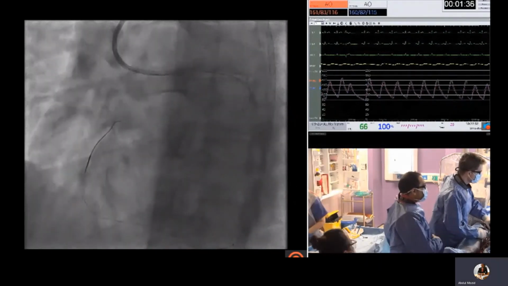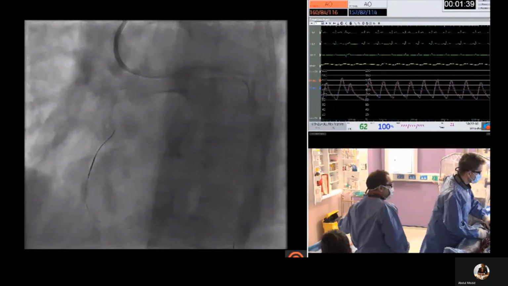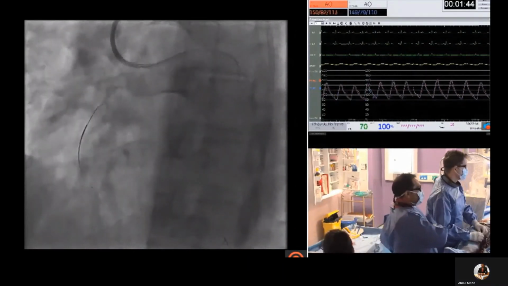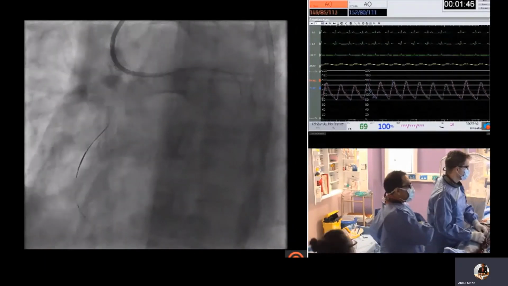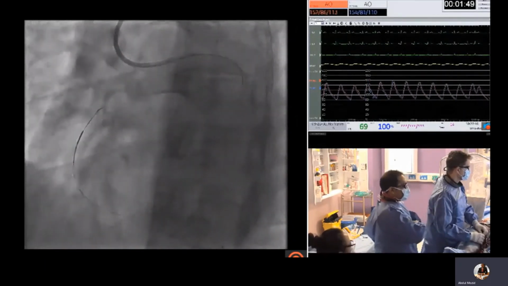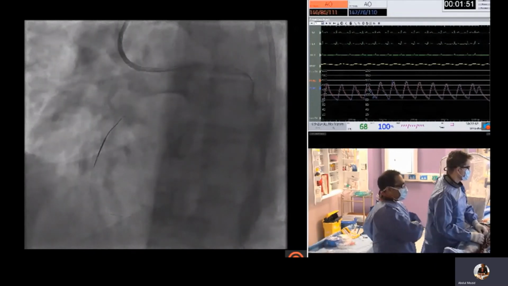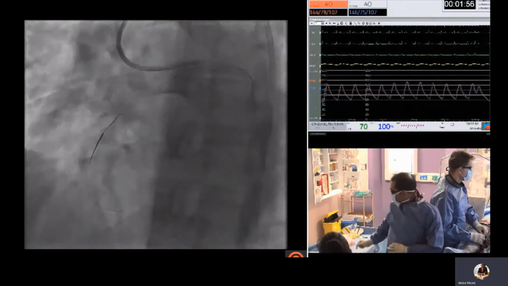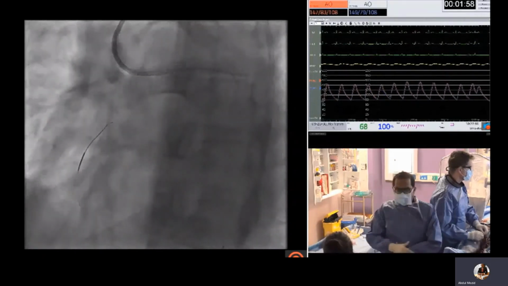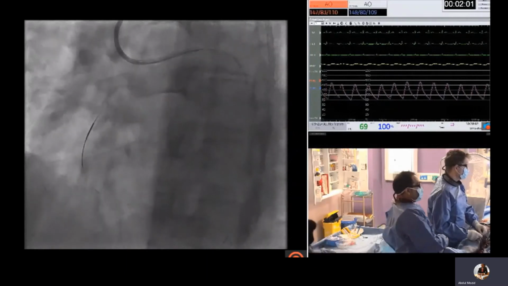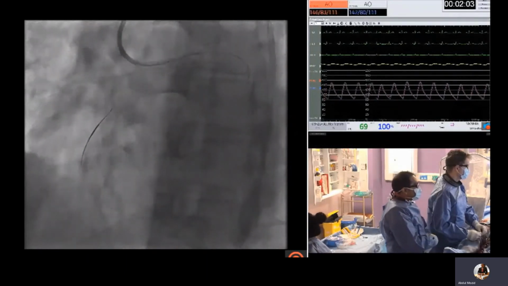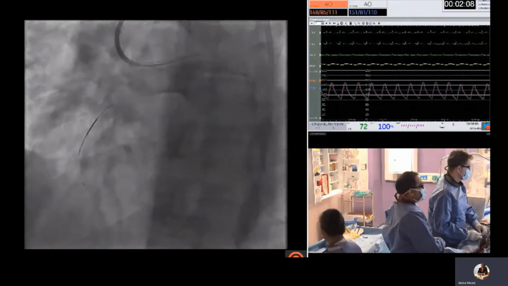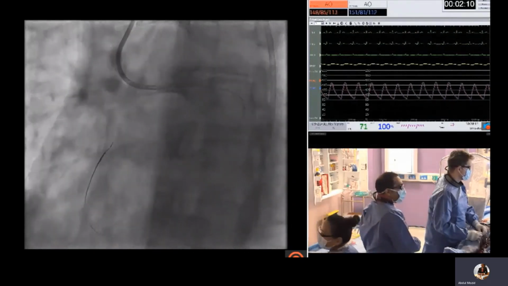The strategy is now to try and wire the occlusion rather than forming a knuckle to form reverse cuts. If we are unable to wire the vessel easily, or it becomes ambiguous in terms of crossing, then yes, we would push the loop to form a knuckle and then come antegrade with antegrade equipment to overlay. But given the occlusion length is short, there is a good chance that we should be able to wire this